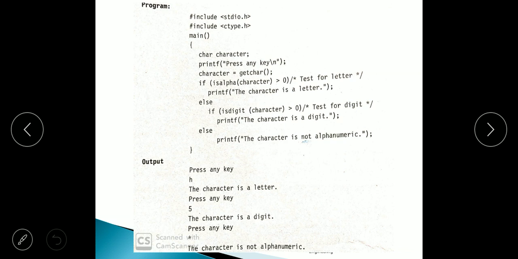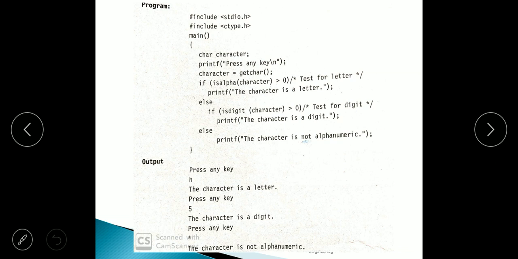The output would be as follows: press any key, because our first statement is press any key. If you press H, it would display the character is a letter, because it is going to check if isalpha of character is greater than 0. Is isalpha of H greater than 0?